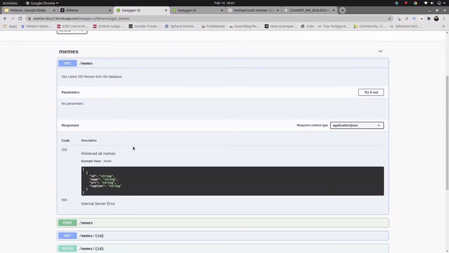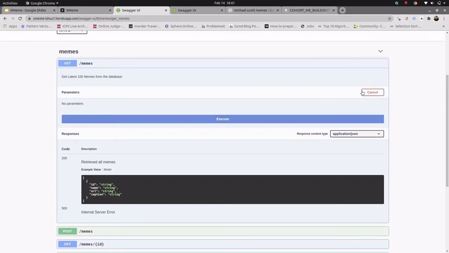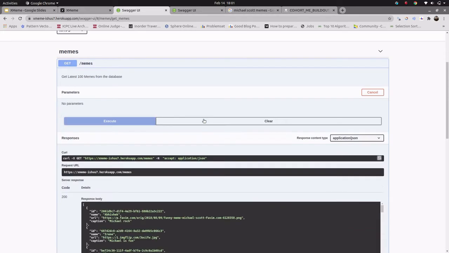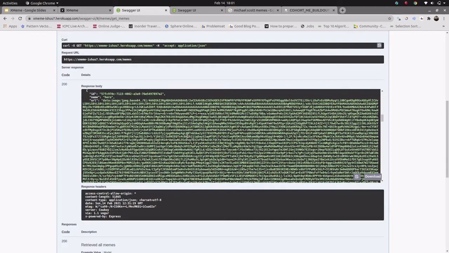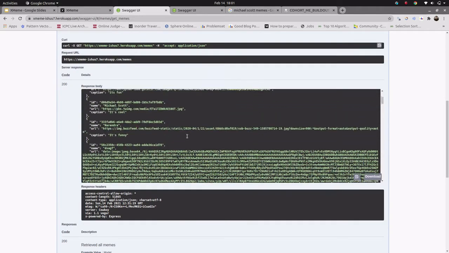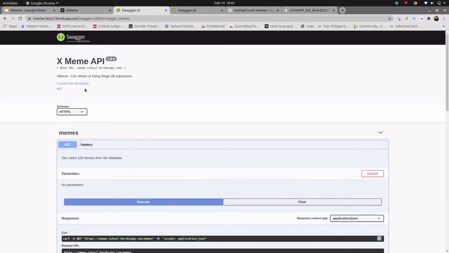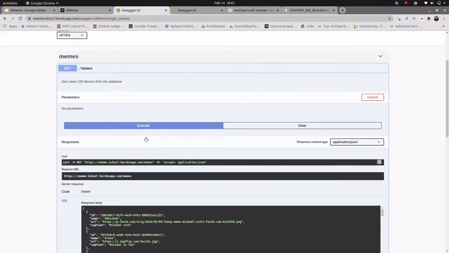Let me show you how we can get all the memes through Swagger. If I execute it, it gives me all the data from the database. It is doing nothing but making a GET call to this URL, following this route.